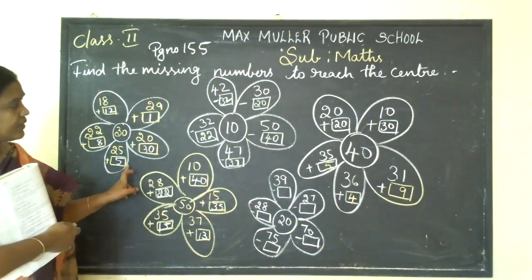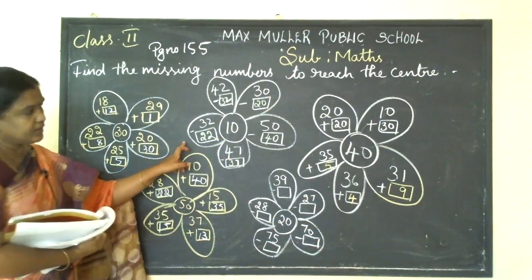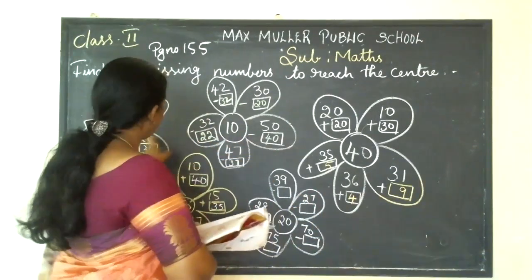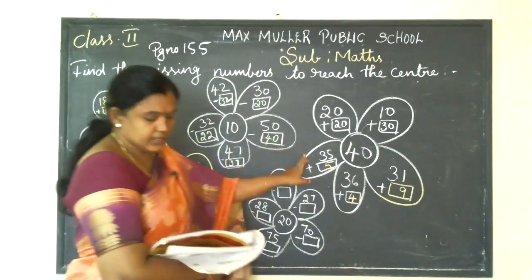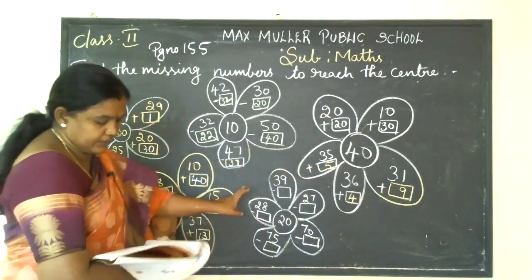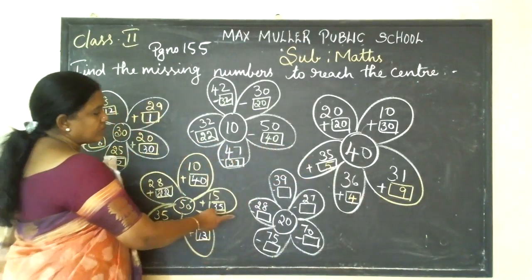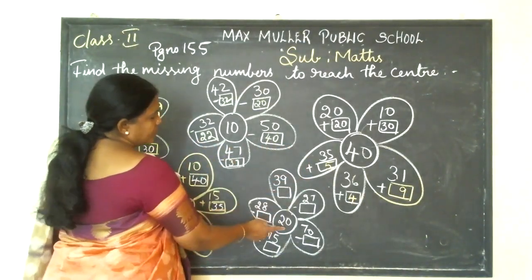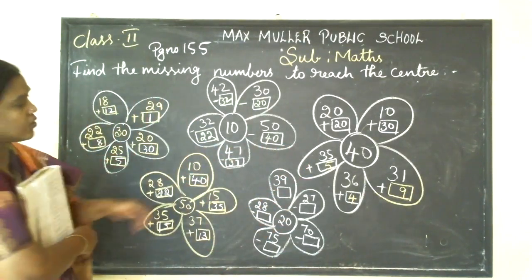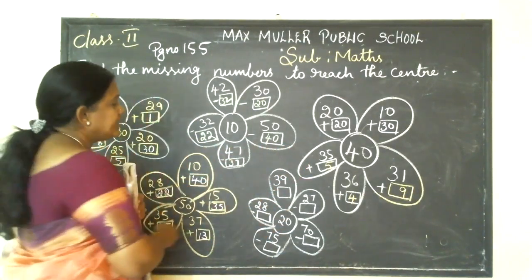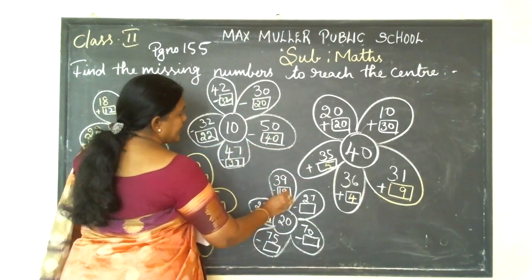See children, first one, this is second one, this is third one. First line two sums is there, no? This is first and second. This is third one and fourth one, this one fifth one. Fifth one you want to do subtraction. See, you want to reach 20, means 30 minus how much you want to take away? 19 if you take away, you will get 20.